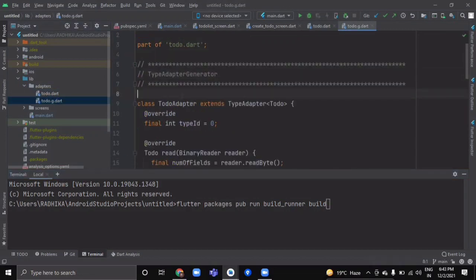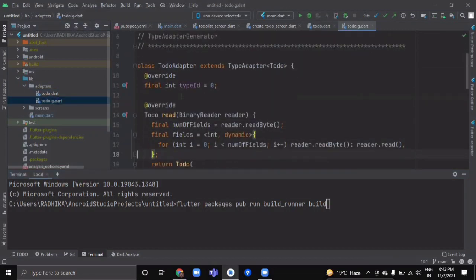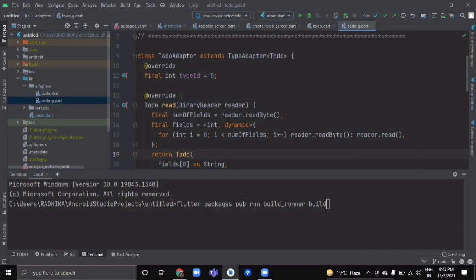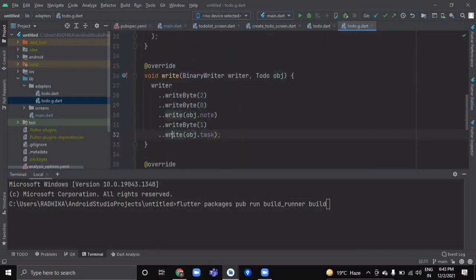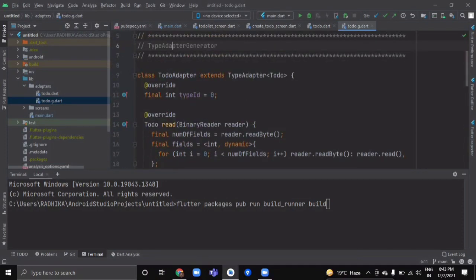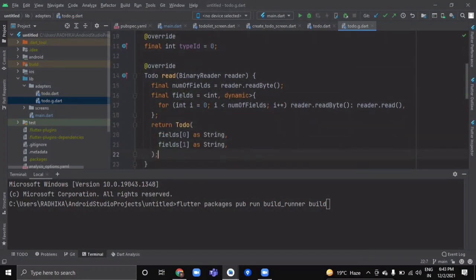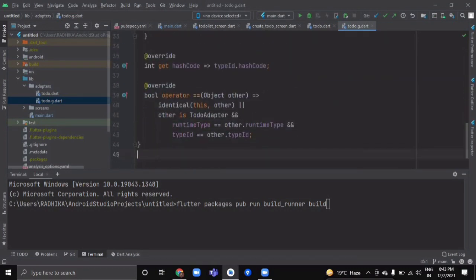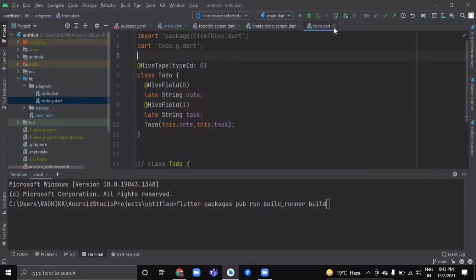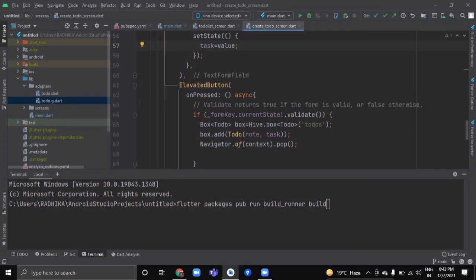This will generate your adapter class for this particular model, which is our todo adapter. This type adapter will already contain the binary read and write methods, which we will need while communicating with our database. So here we are done with our type adapter generation and its g.dart file as well. Now it is time to register it.